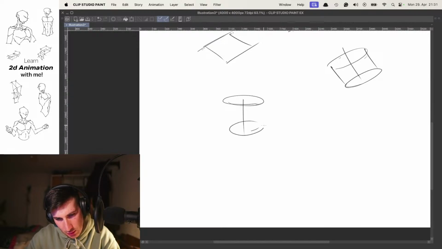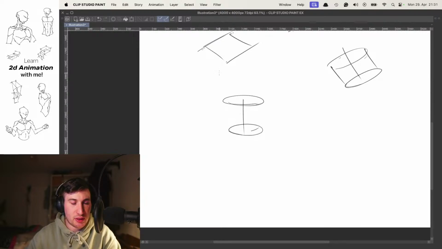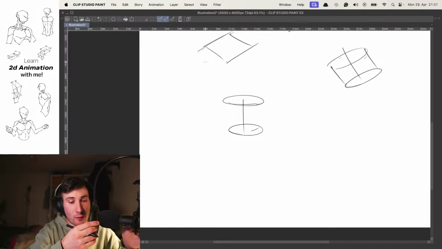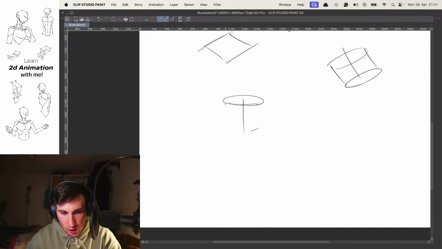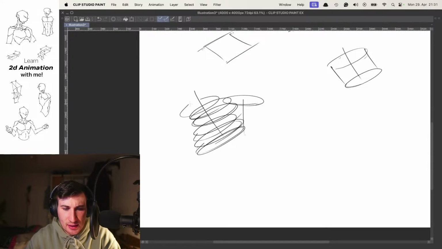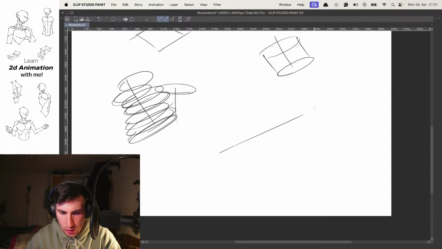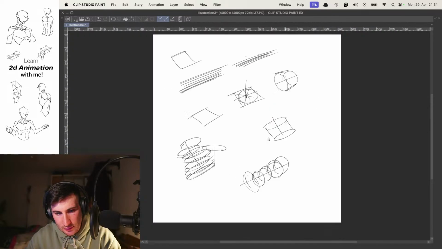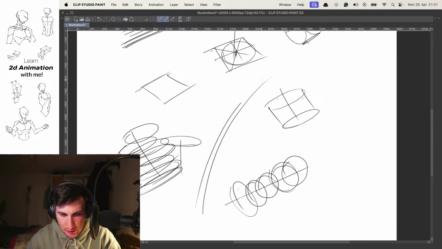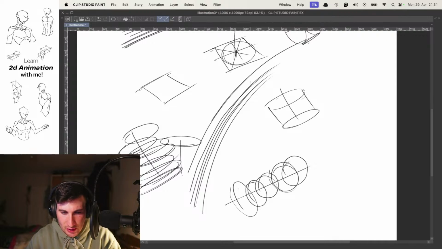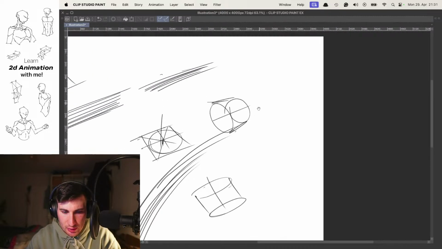So I'm quickly warming up here. I hope every one of you had a good weekend. So let me just sketch here a couple of ellipses. A couple of lines, like that. A couple of curved lines before we jump